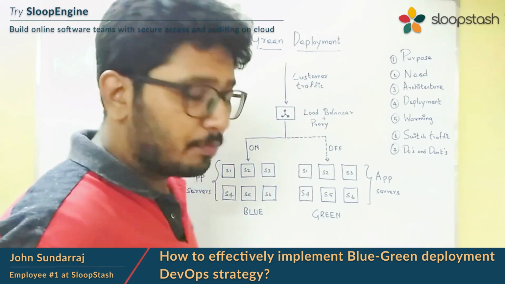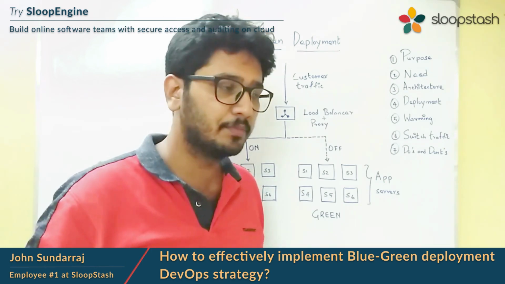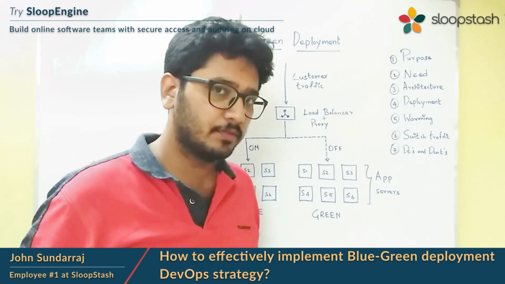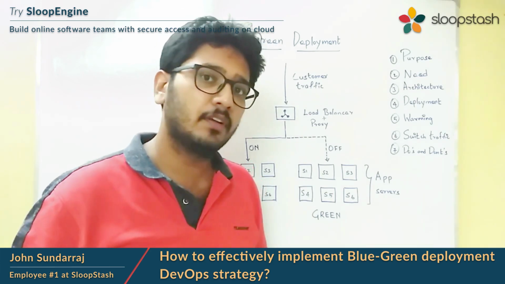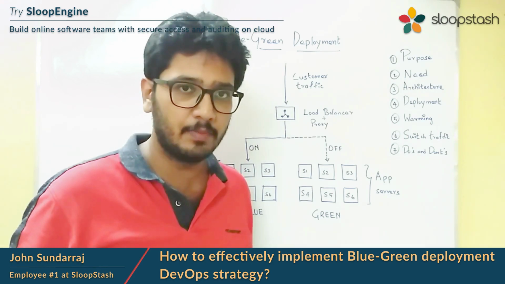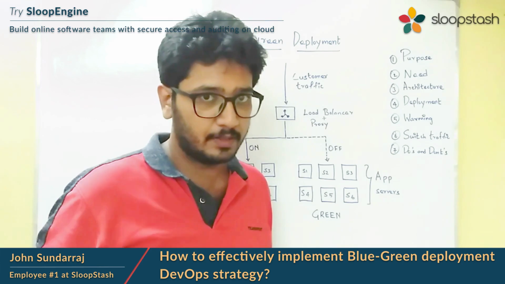Basically, you can use Nginx as the load balancer and proxy. It's a highly scalable web server, and you can also use HAProxy. If you are on the Amazon EC2 service, you can choose Amazon ALB or something like that. So it's up to us. The choice is ours. We can choose anything.